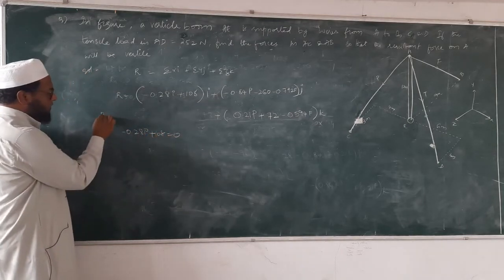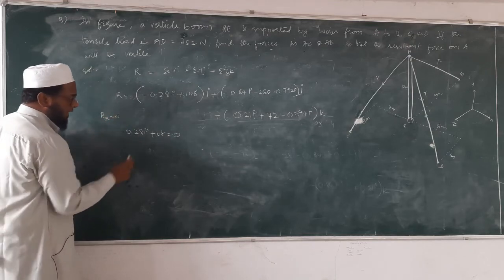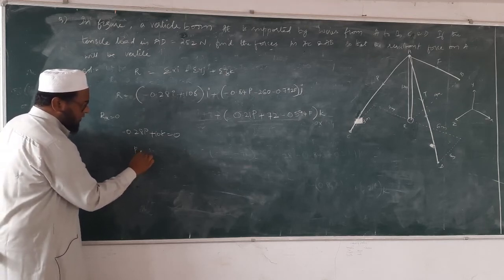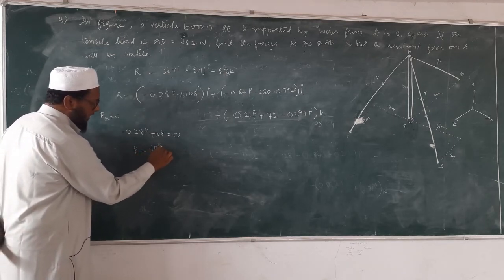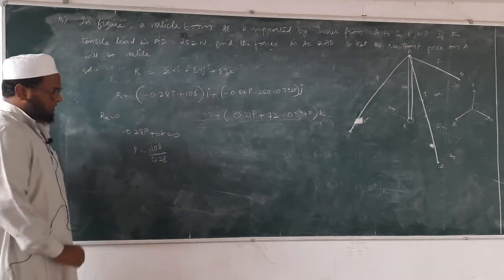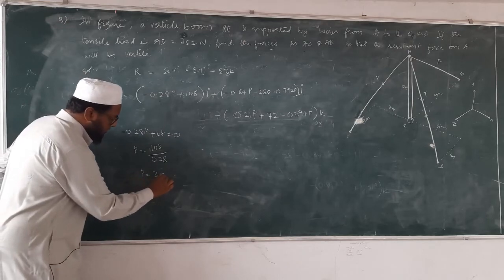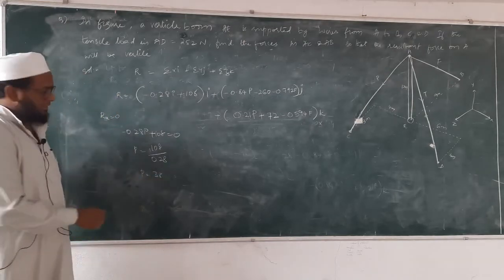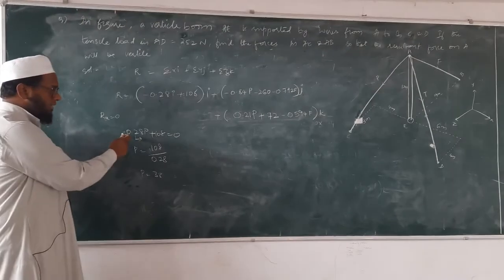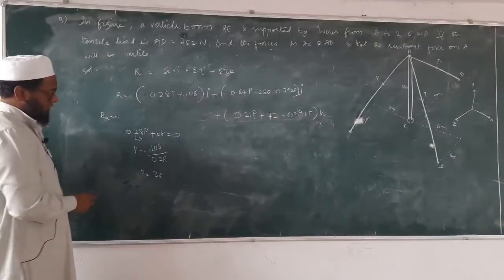Why? Because Rx is equal to 0. So can you tell me this value? Why minus? See here, this value I will send this side. So it will be 0.28P is equal to 108. So P is equal to